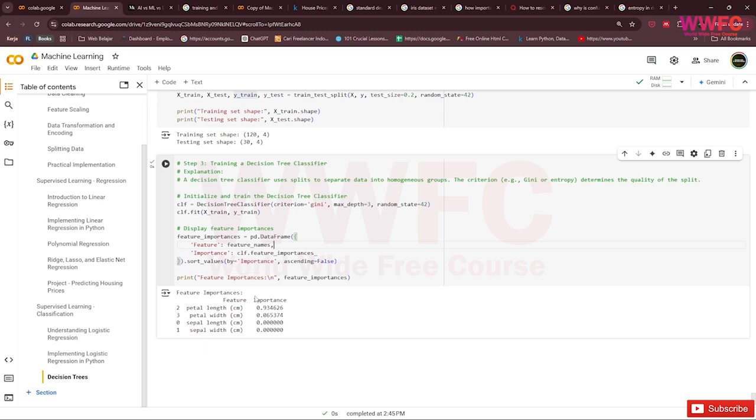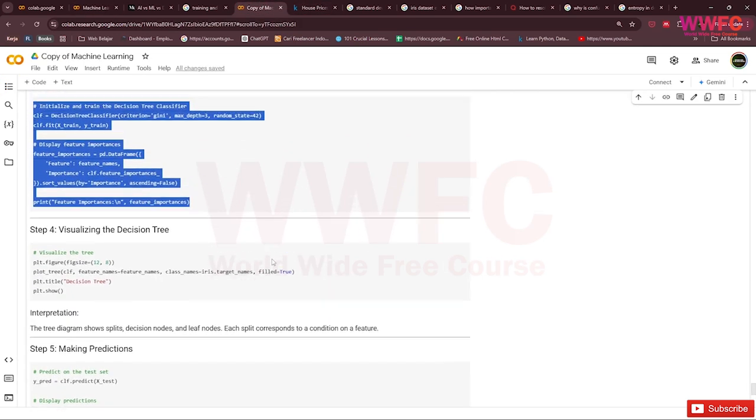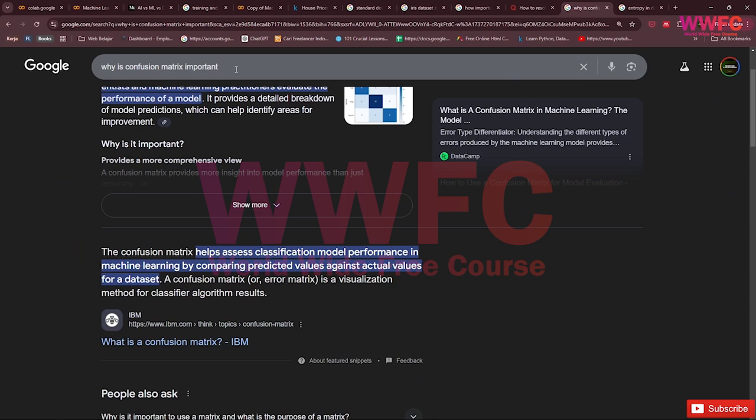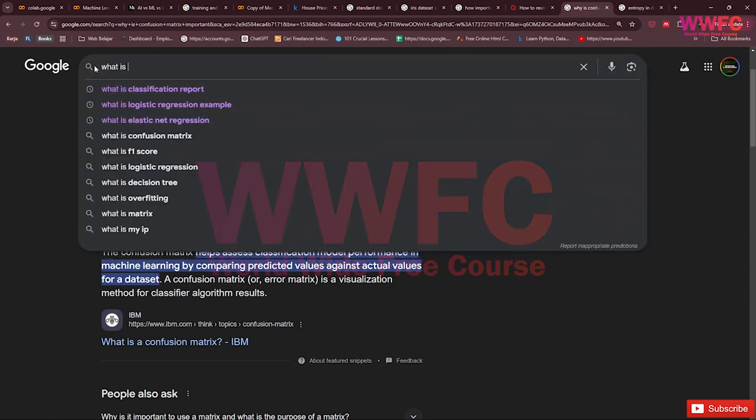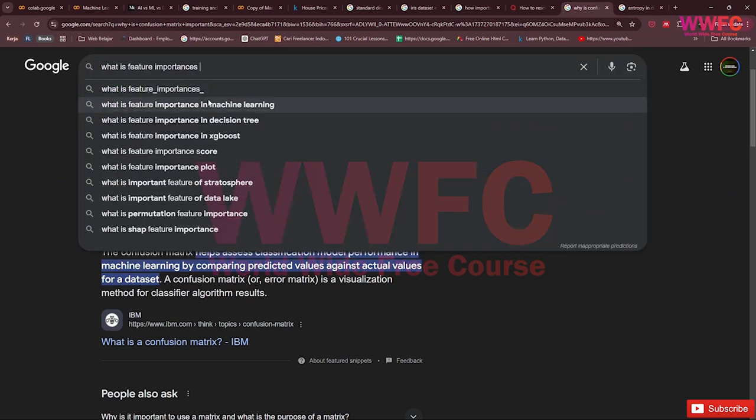So for the feature importance, you want to initialize and display feature importance. If you don't know what feature importance is, you might ask, what is feature importance in machine learning?